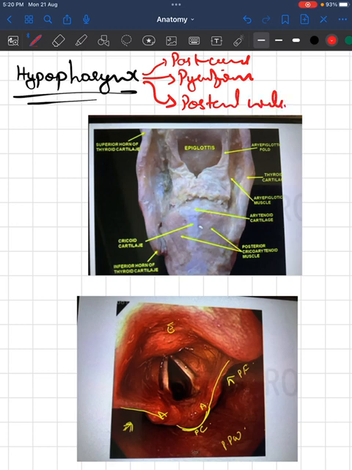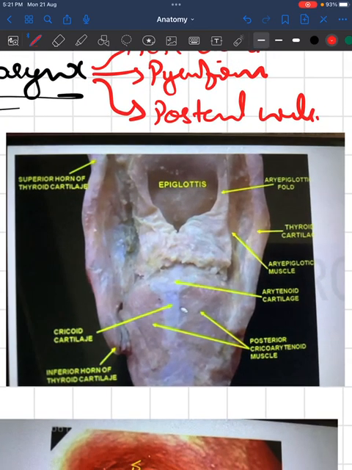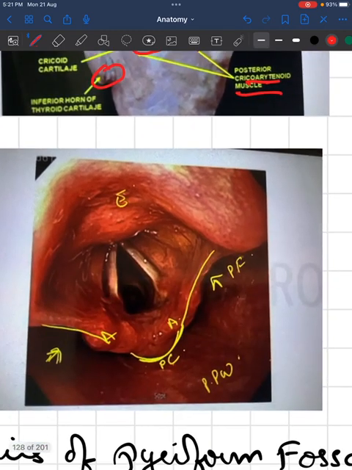We are seeing the following structures in a dissected specimen. We are seeing the epiglottis. From this we can see the cricoid cartilage, the inferior horn of the thyroid cartilage, and the posterior cricoarytenoid. This much is not sufficient, so I have taken